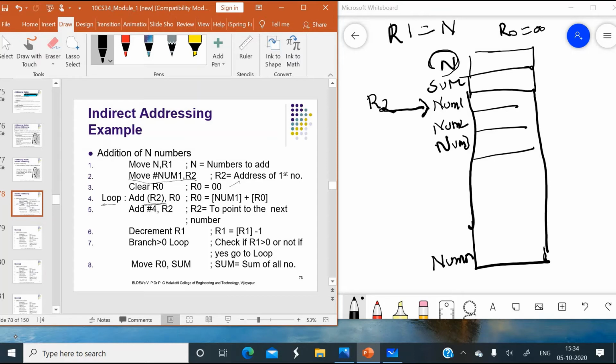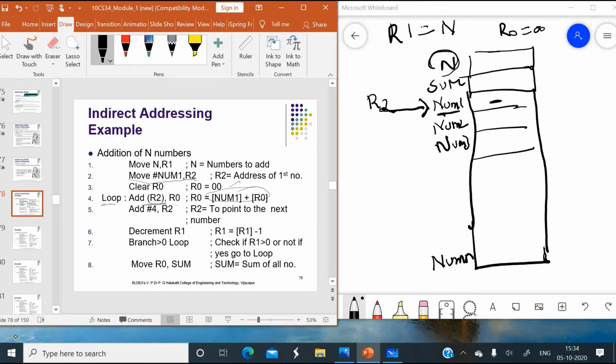So what does it mean? It means that R2 is a pointer. So wherever R2 is pointing, that variable's content has to be added to R0. So here R0 is equal to the content of num1 added to the content of R0.